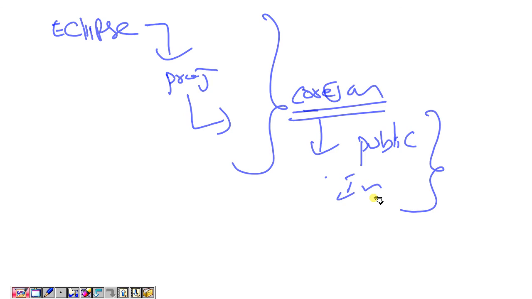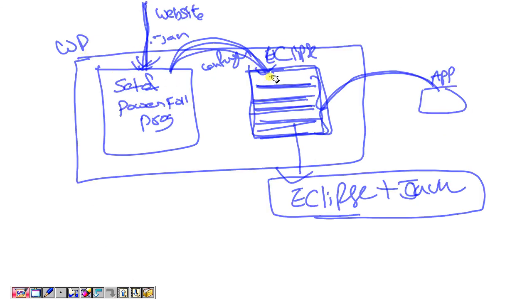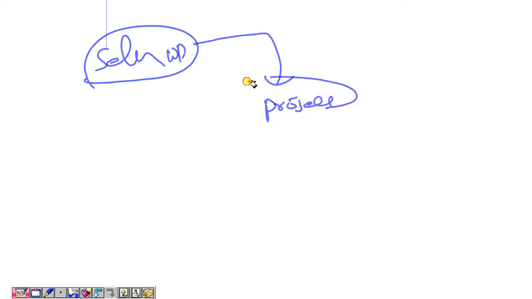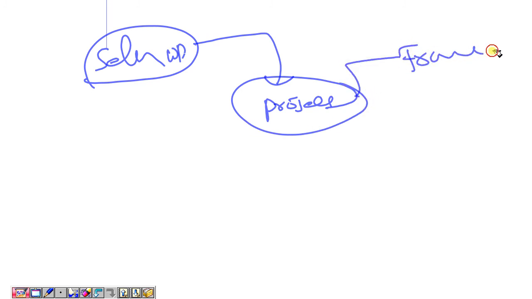After understanding core Java and Eclipse, we'll download the Selenium jar files, configure them into our Eclipse project, and then test the application using that information. That is how our course will go. First we'll discuss all the concepts of Selenium WebDriver, understanding them practically and theoretically, including the features available in Selenium WebDriver.